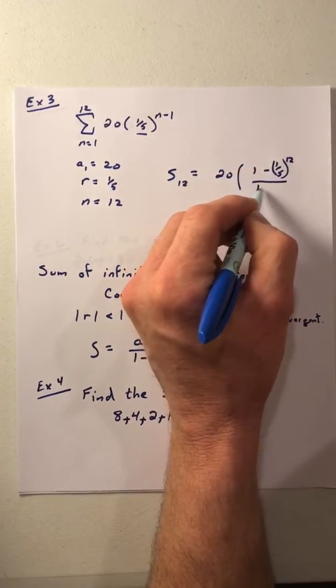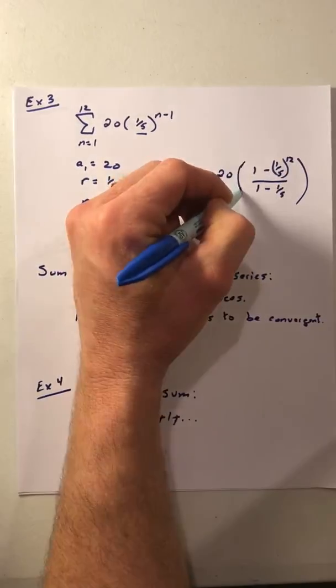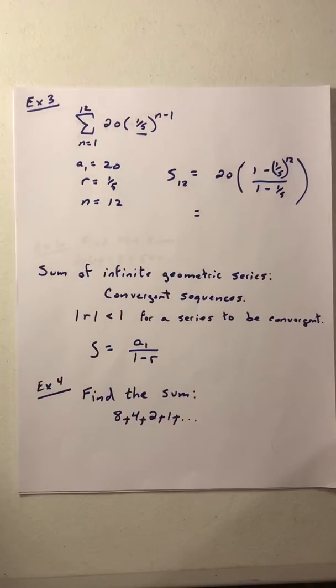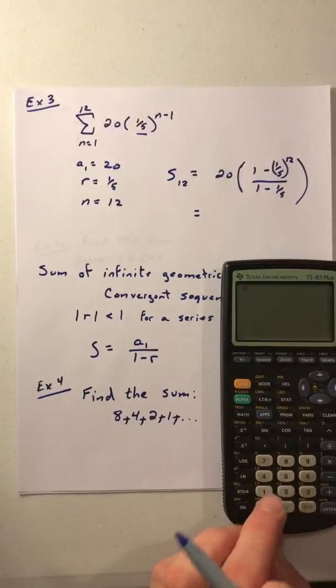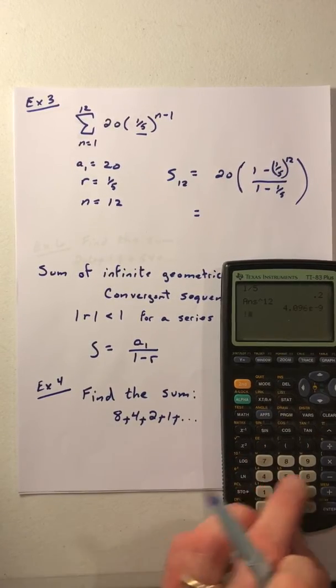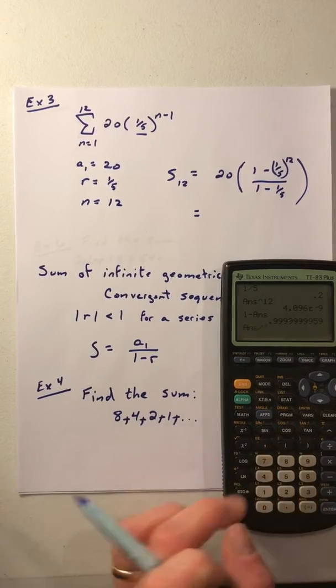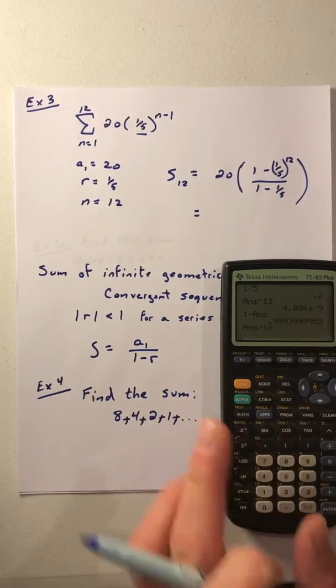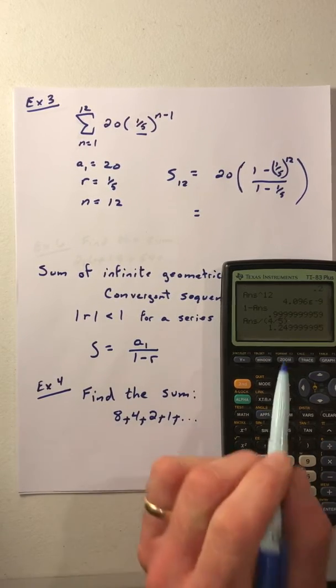And we're going to divide that by 1 minus 1/5. We can throw that into the calculator. We can take our 1/5 and take it to the 12th power. We take 1 minus that value, and we're going to divide it by 1 minus 1/5. 1 minus 1/5 is 4/5, and we get our answer